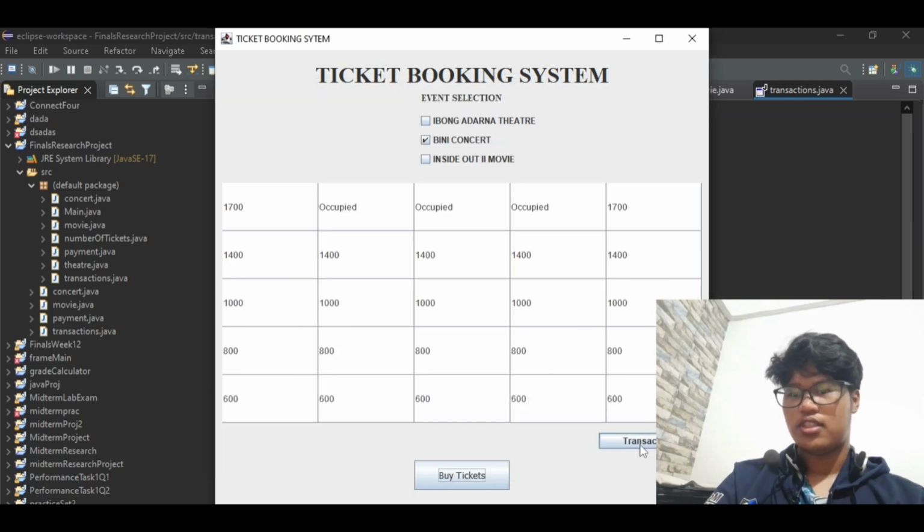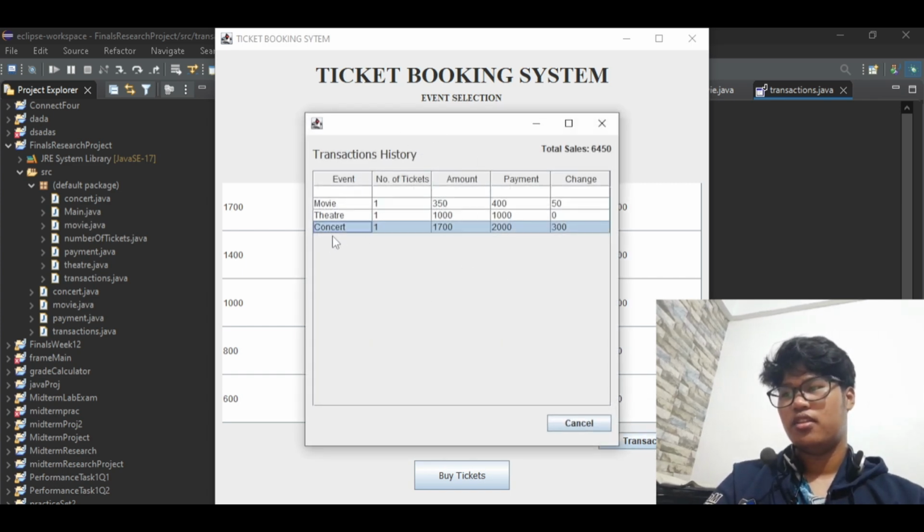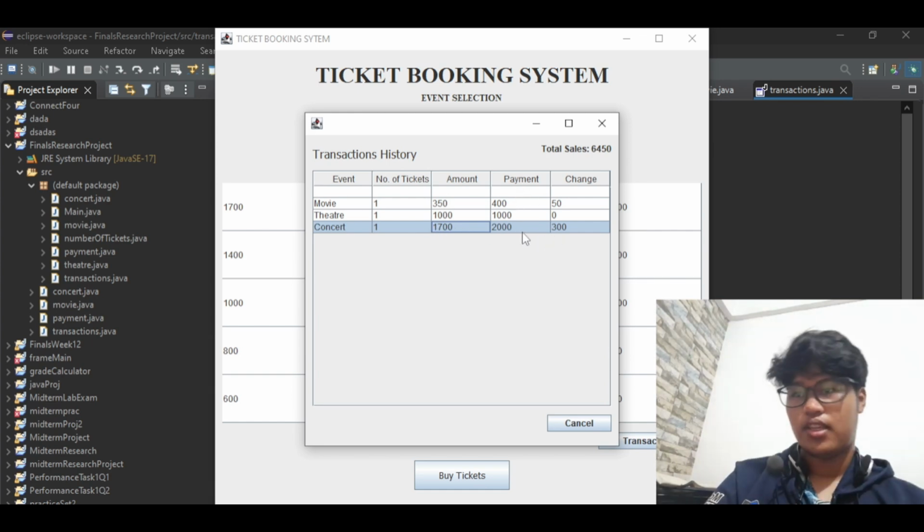When we go to the transactions button and go to the transaction page, it records the event, the number of tickets, the amount of the ticket, which is 700, the amount of my payment, which is 2,000, and the change, 300.